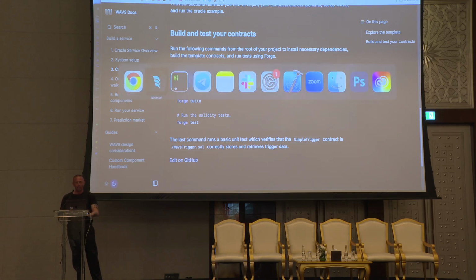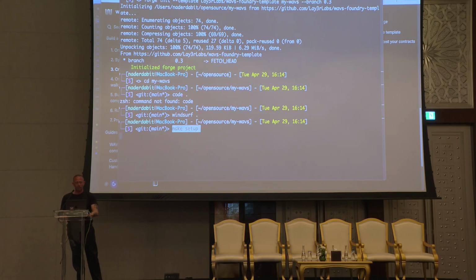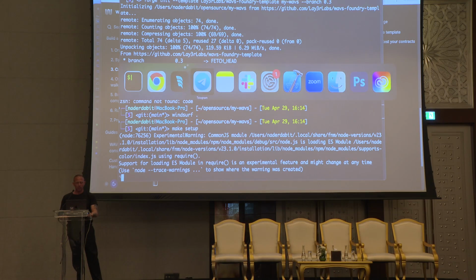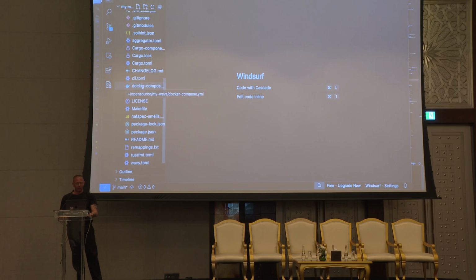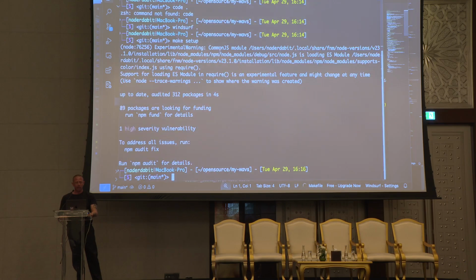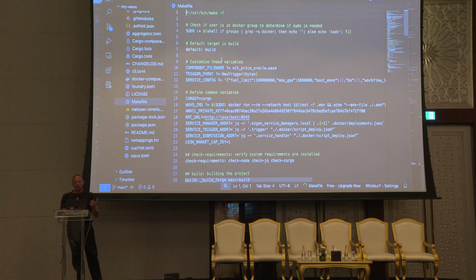So to get everything set up, I'm going to run make setup, which is just a make command that you can actually go down here into the make file and check out. And what I would say is, if you're building with Waves, the first place I would go would be the make file, because all of the different commands that you can do within the project are located in the make file. And it also has a lot of helpful information to help you understand the underlying infrastructure of